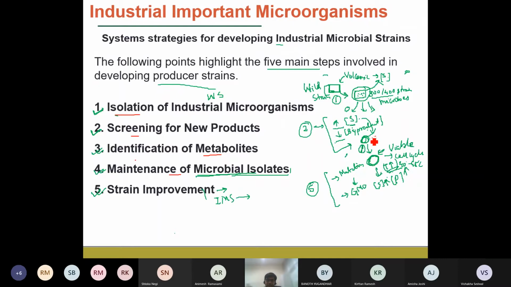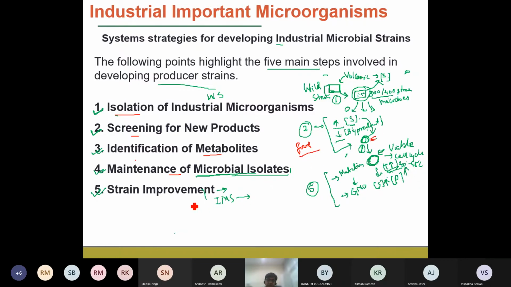your targeted microorganisms, you need to preserve them, because as I told you, for example, in the food industries and the beverage industry, you have to maintain the quality, and whatever product is being produced should be consistent in terms of not only the yield but also the concentration and the quality. So there are some techniques by which you can preserve these microorganisms so that they don't undergo any genetic changes. So there are techniques to do the storing of that, and we will look into those techniques.